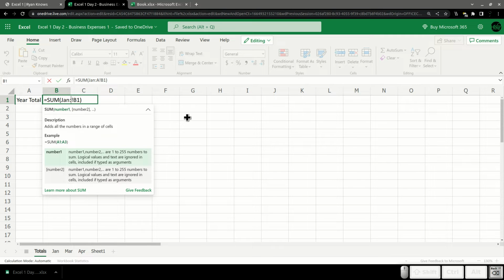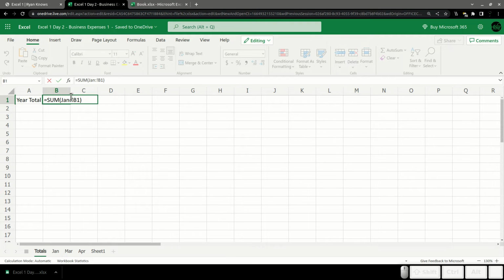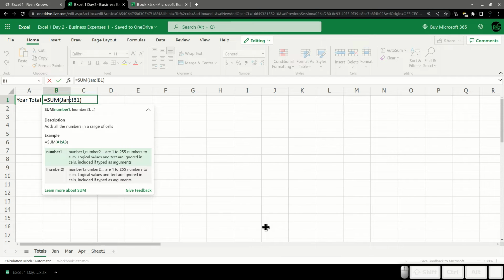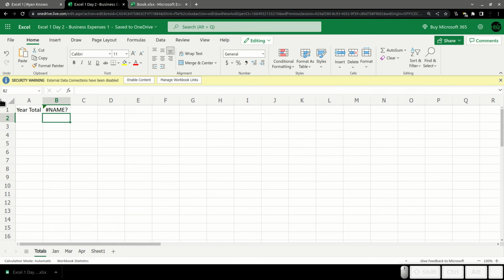They may have broken this when they fixed it too. Yeah. So we can't just create an open-ended reference there if we just delete the April. But what we can do, and actually watch what I have. I'm going to type December in there, and we're going to get another error. But notice we get a different